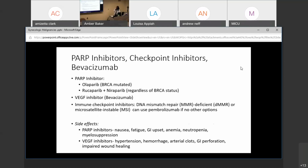And this I just put in for you guys, it might be useful in clinical practice. PARP inhibitors: we have olaparib, which is approved in BRCA mutated ovarian cancer, and then rucaparib and niraparib are both approved regardless of the BRCA status. And these PARP inhibitors, I don't know if anybody's talking about prostate cancer later on, but they might come up